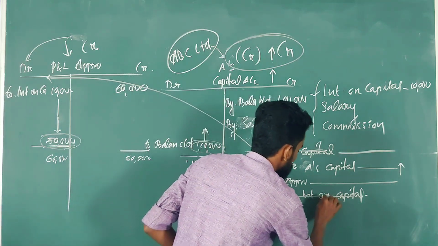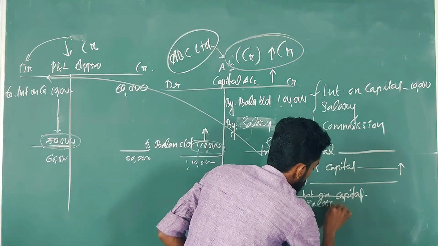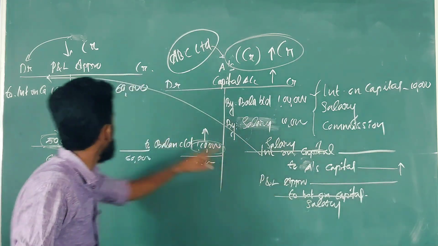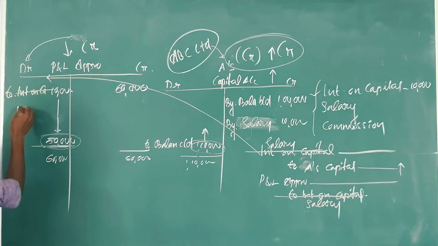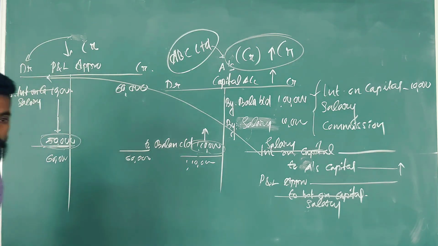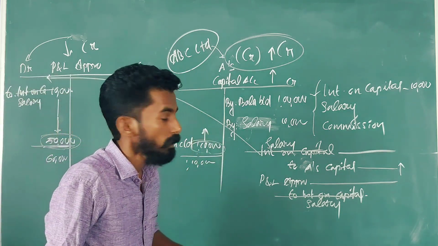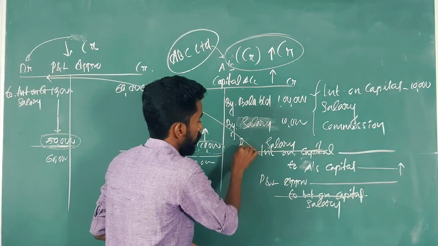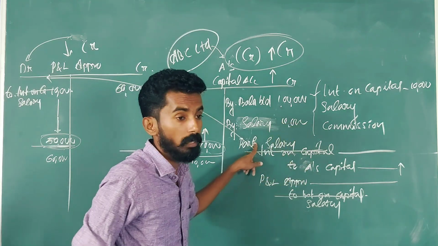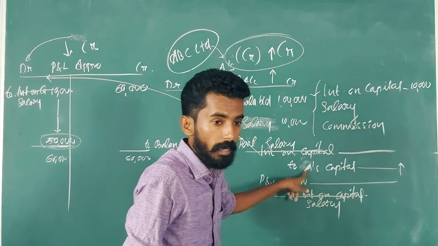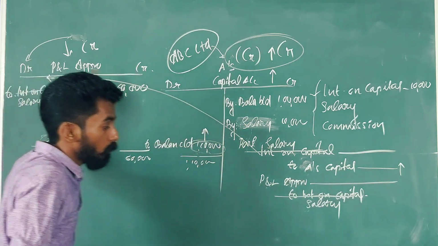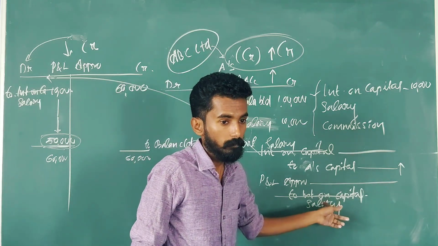Same way, instead of interest on capital, in the closing entry, salary will come. So what is the closing entry? Profit and loss appropriation account debtor to partner salary. Clear? So what is the opening journal entry for salary? Partner salary. Just add the word partner because partnership is the topic. Partner salary account debtor to partner's capital. Here A is the partner. Closing entry: profit and loss appropriation account debtor to partner salary.